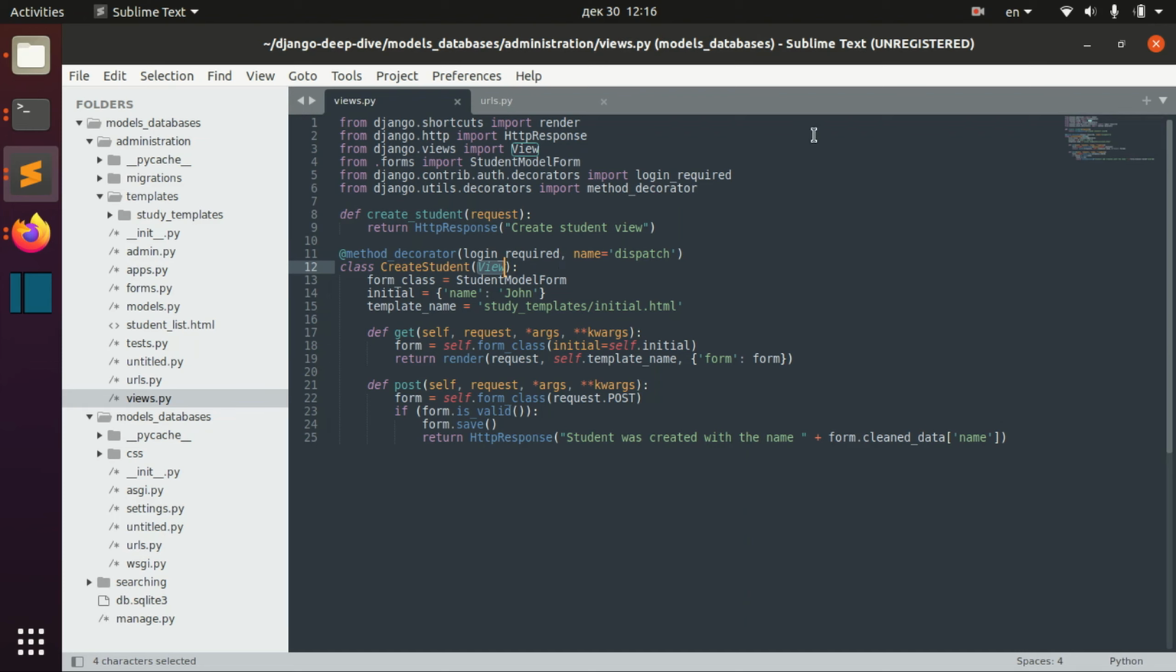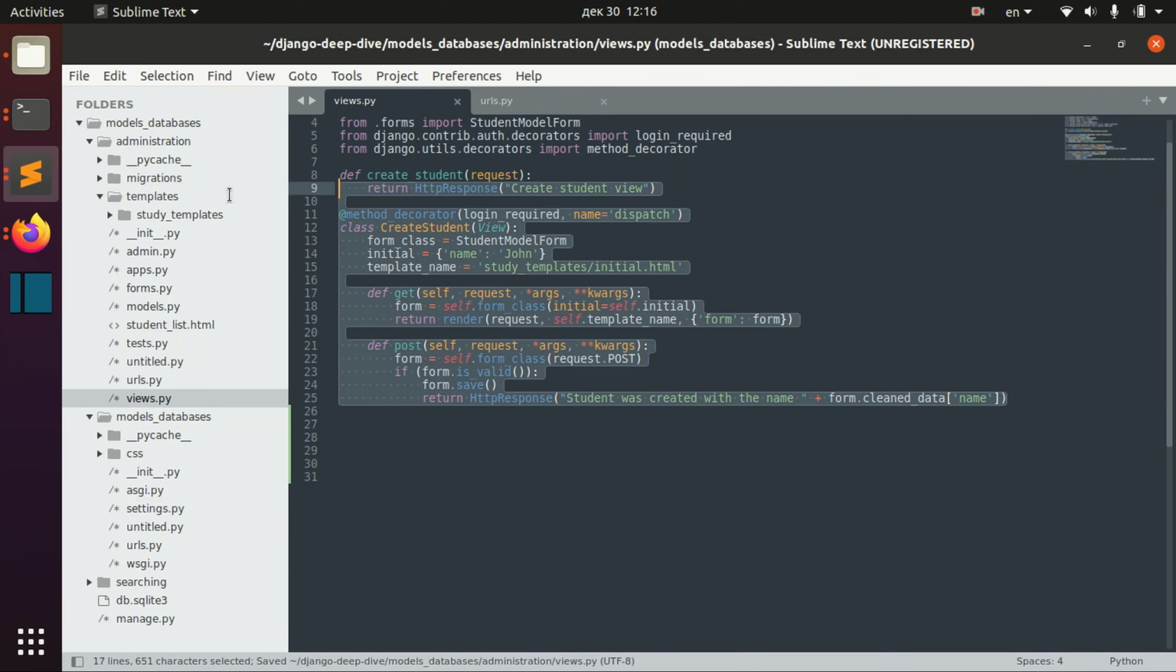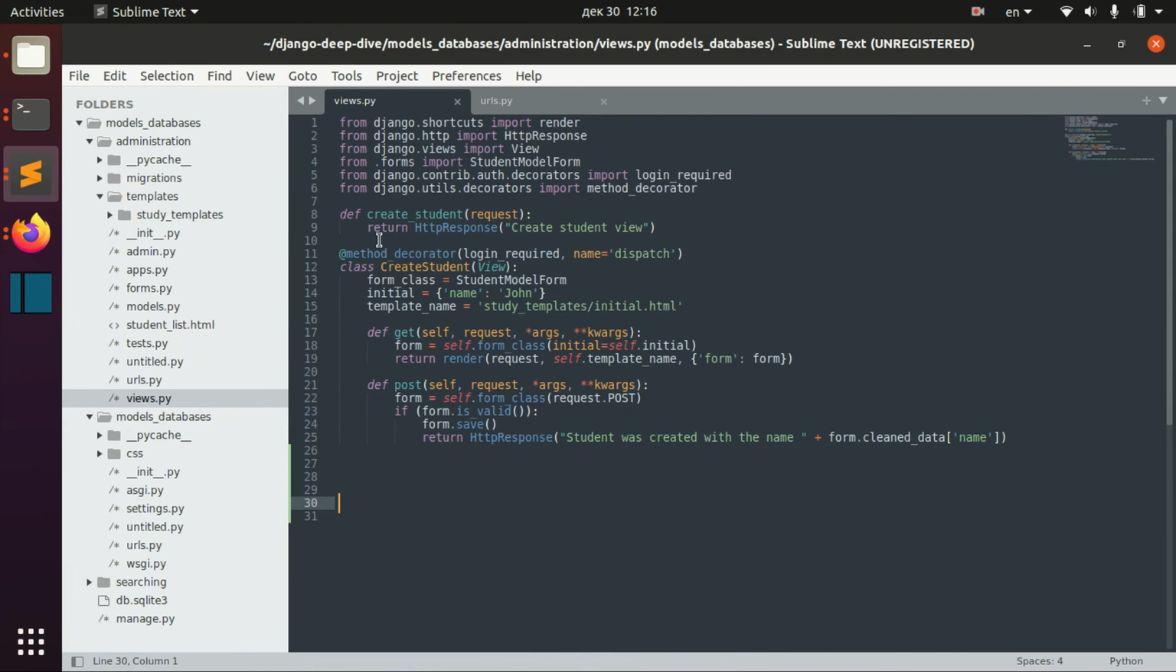I guess I can show you how it looks. For example, in the previous lesson we worked with this create student view, where we would work with the form and create a student using the form. So let's imagine we created some users, and now we want to display them. We need to display the list of users. And if you use this